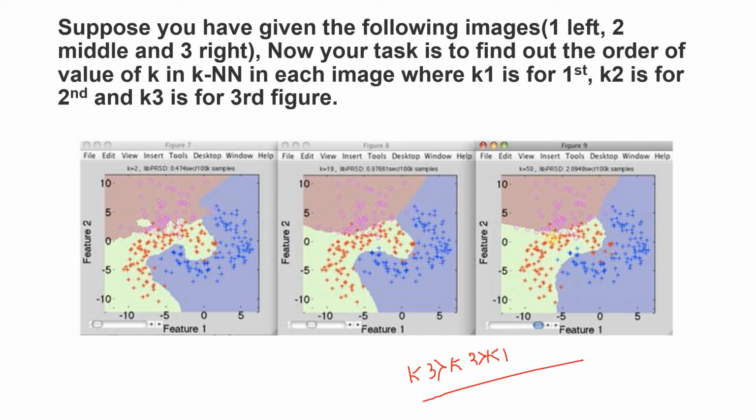Why? Because you can see here the decision surface is very smooth. Here the smoothness is decreased, and here the decision surface is changing very rapidly. Here one patch is forming in a small part, isolated from this region. This indicates a very small k value. So k1, the k value for this model, is very small. We made the k value a little higher and got a slightly smoother decision surface, and then increased k again, so we get this much smoother decision surface.